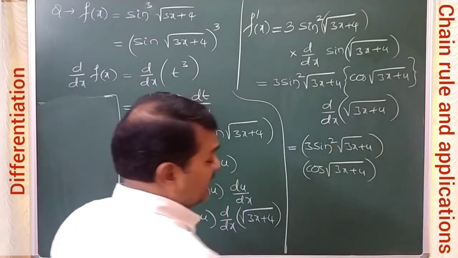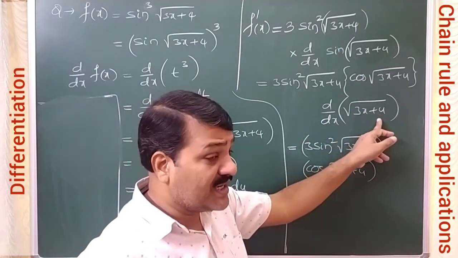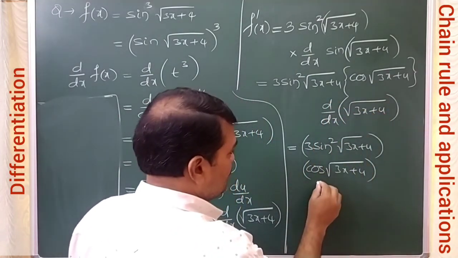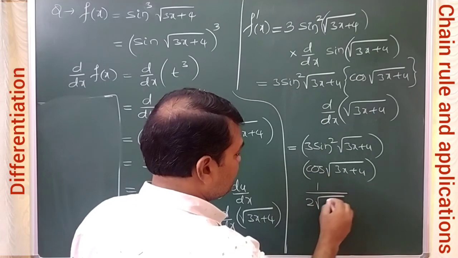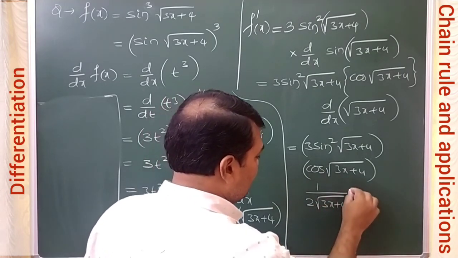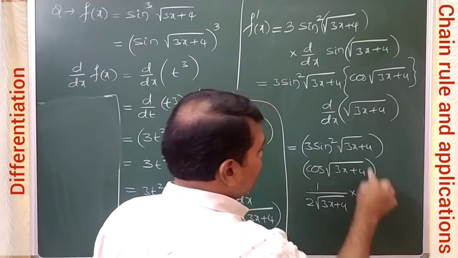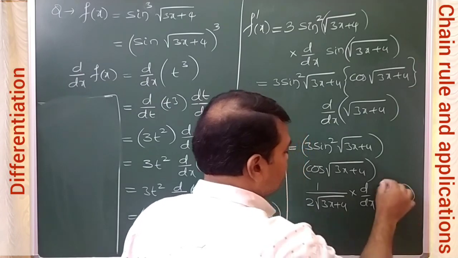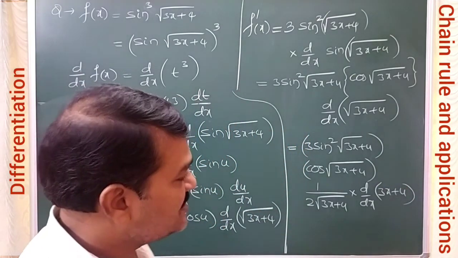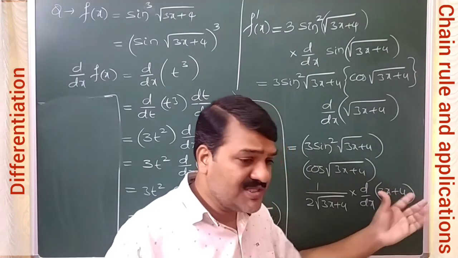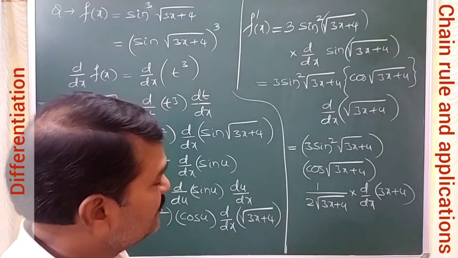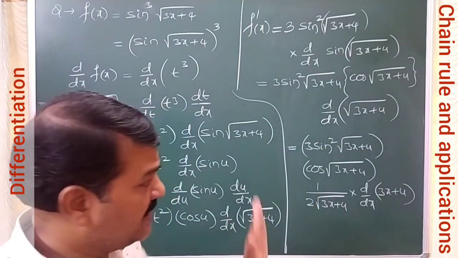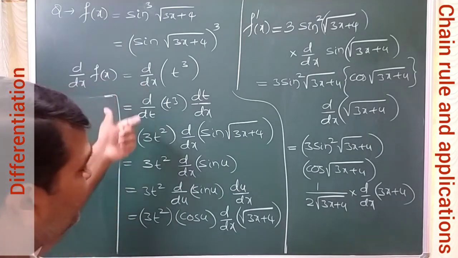d by dx of this is the derivative of root x model, but you don't have x, some other function is there. So the derivative of root x is 1 by 2 root x, this is formula application, and in place of x what you have here, 3x plus 4, write the derivative of that. Here we can break the chain, because we can directly find the derivative of this. So this is the process of the chain rule, direct application. By practice you must be able to do it like this, instead of taking t, u, v.